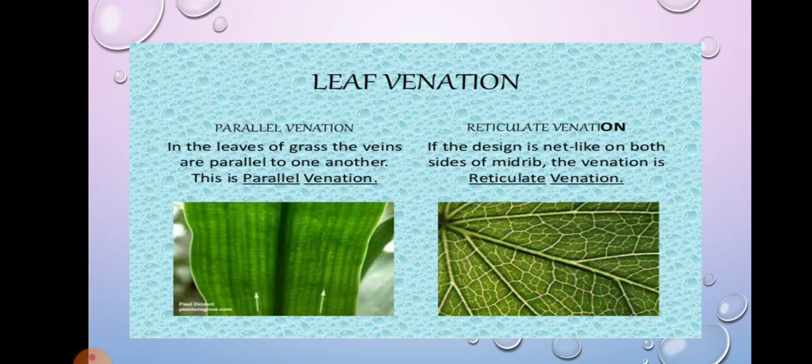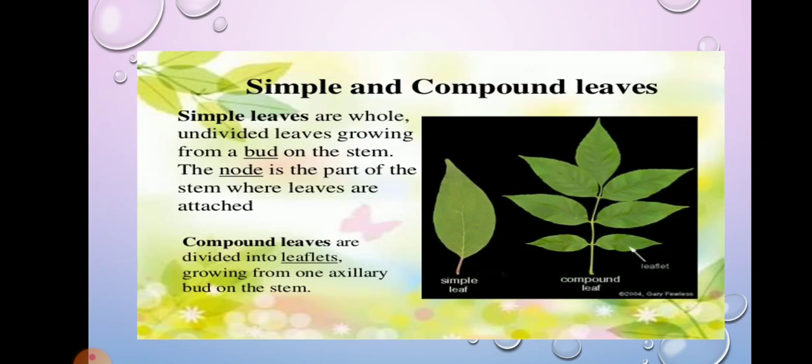Then the next slide talks about simple and compound leaf. Now we can see different kinds of leaves present. All the plants do not have the same kind of leaves. The shape of the leaves also varies. Some of them may have star shaped leaves, some of them have a simple leaf, some of them have more than one leaf on one particular stem-like structure. So here we are going to talk about simple and compound leaf.